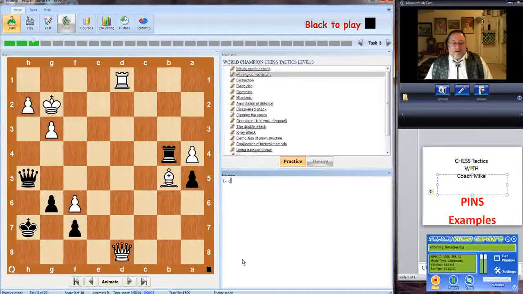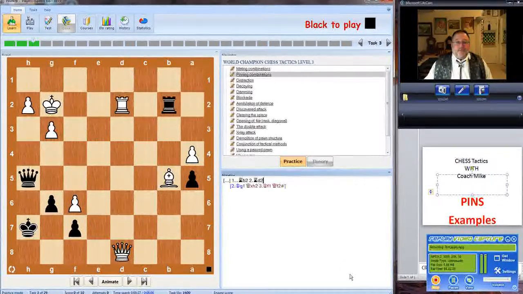Okay, the move to win is rook to b2. And again, if you want to see why going to g1 is a bad idea, you'll see why. It's because it's a quick checkmate. Now the black rook has pinned the white rook on d2. All the queen has to do is